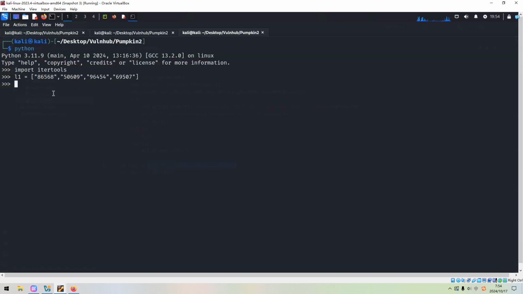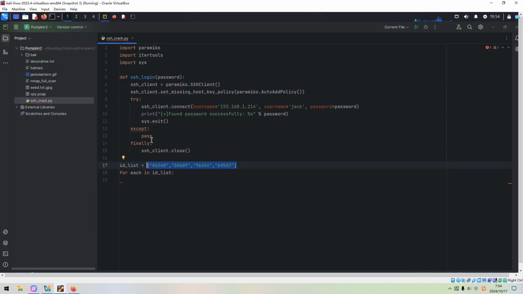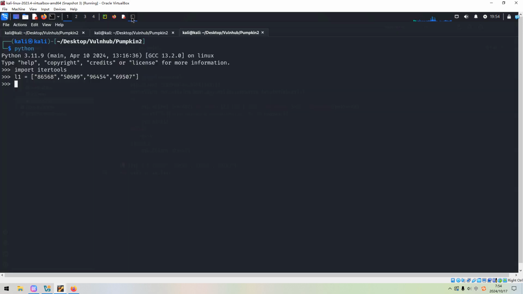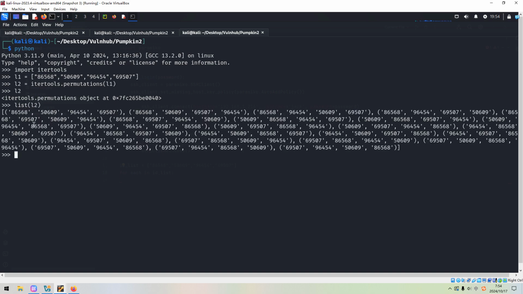I'd like to show you what I mean. So L2 should be itertools.permutations of L1, and press enter. As you can see, we got all possible combinations of this list. Okay, so this is what I mean.